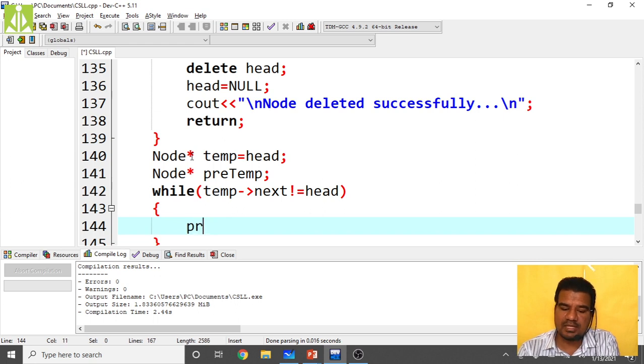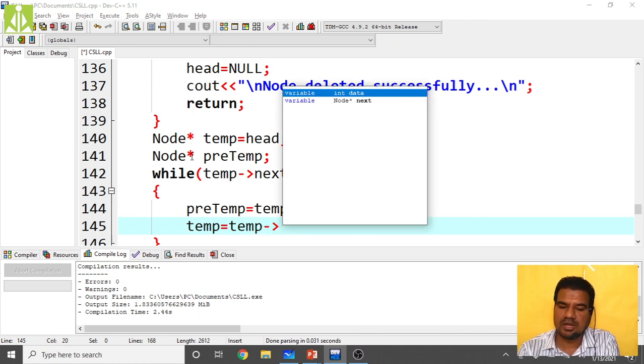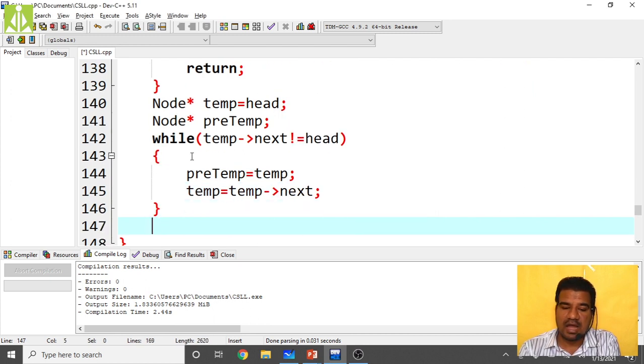Before making temp equals to temp of next, just make pre-temp as temp. Then make temp equals to temp of next. This simple correction will make your pre-temporary pointer point to the last but one node and the temporary pointer point to the last node. Okay, after coming out of this while loop,